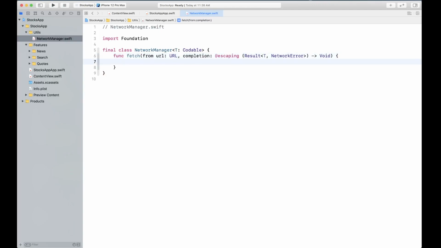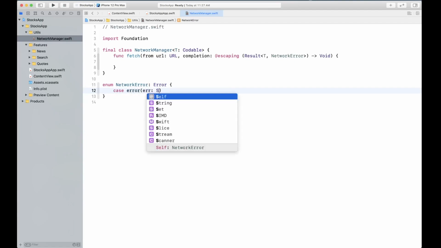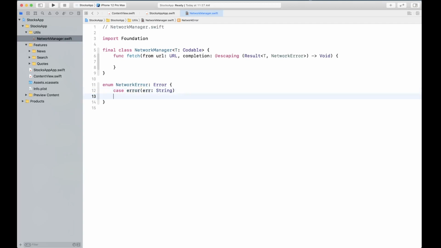So that's what I'm going to do next, is create an enum called network error. It's going to be conforming to error protocol, and you can have a few cases. For example, you're going to have an error case, which is going to provide the error in string format.